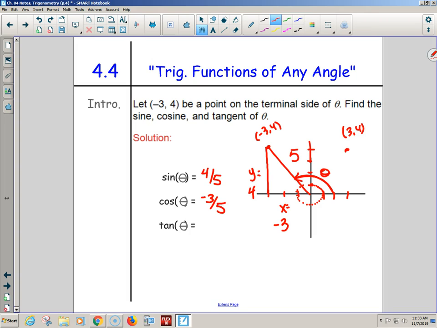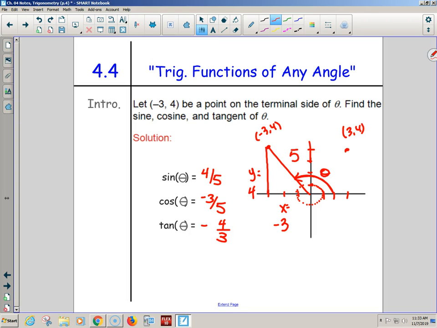Since this triangle is not in my unit circle, I can't just steal x and steal y and say, yay, I'm done, because my hypotenuse is no longer 1, it's a number. Opposite over hypotenuse, adjacent over hypotenuse, tangent would be? It's 4 over negative 3, but a positive over a negative is just a negative of the entire value. So negative 4/3 or negative 1.3333.